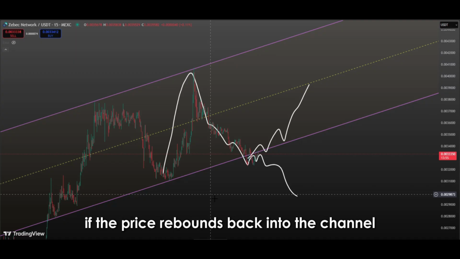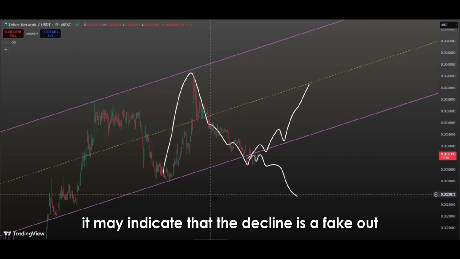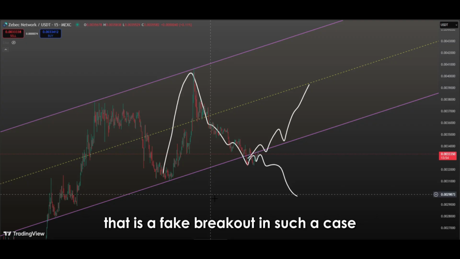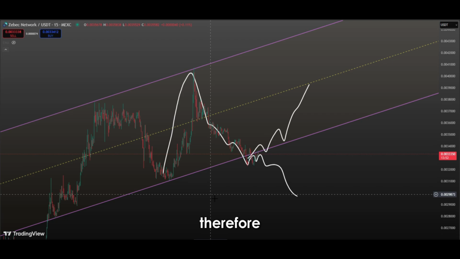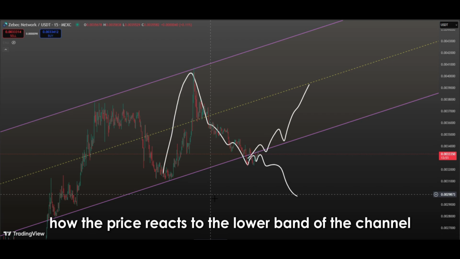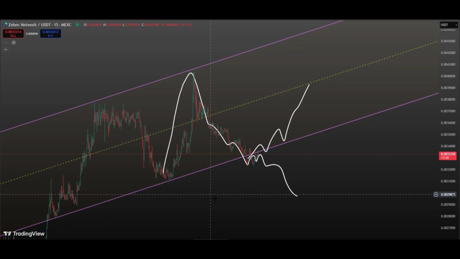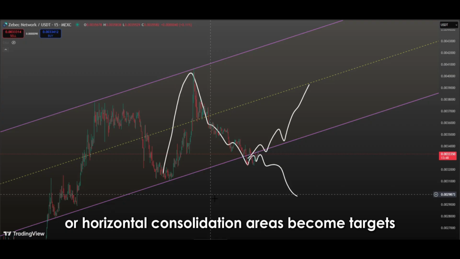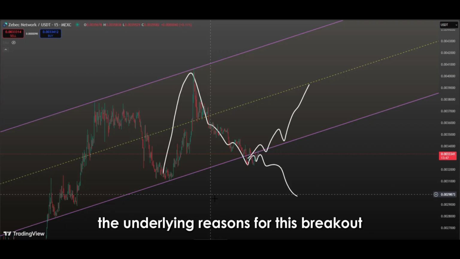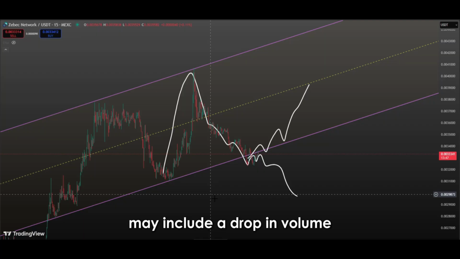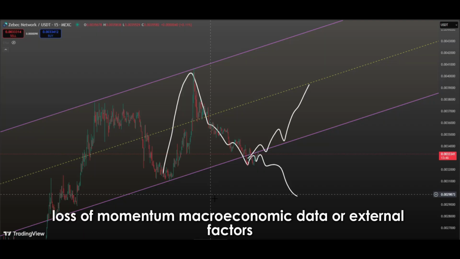On the other hand, if the price rebounds back into the channel, it may indicate that the decline is a fake out, that is, a fake breakout. In such a case, the market may go back into bullish mode. Therefore, how the price reacts to the lower band of the channel should be watched very carefully. If there are no reversal signals and the price starts to slide lower, the next support zones or horizontal consolidation areas become targets. The underlying reasons for this breakout may include a drop in volume, loss of momentum, macroeconomic data,